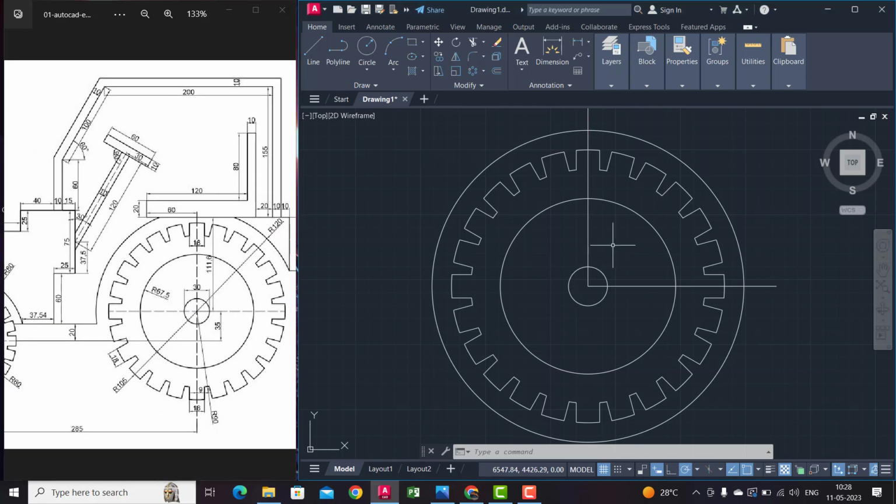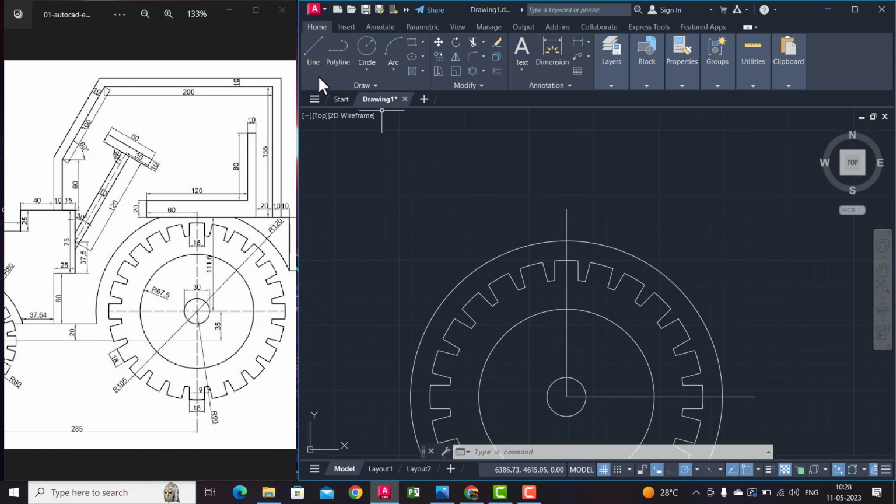111.6. Either you can use offset or you can use a normal line to create it. Both are okay, so whichever you want, you can make. Let me just use the line command. So 111.6, enter. Then on the same, as you can notice, it is going along this direction with 60 mm,